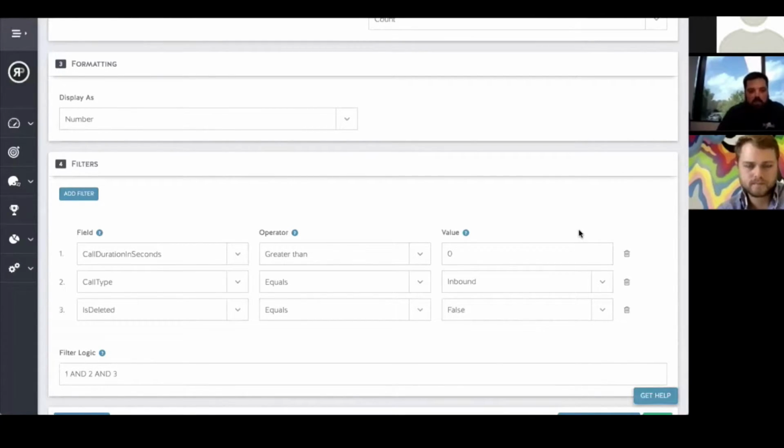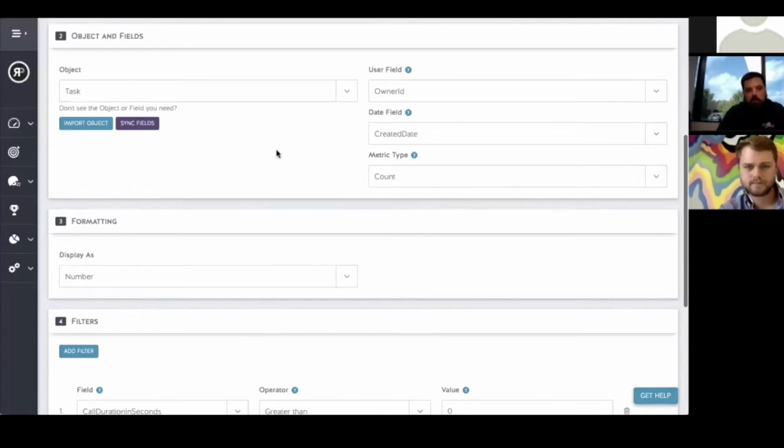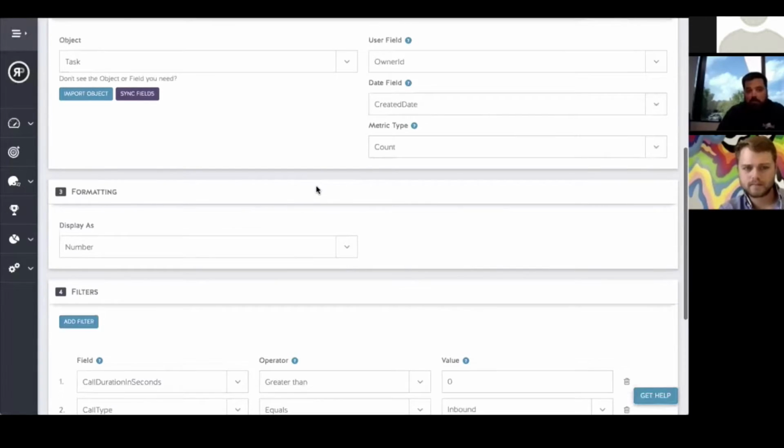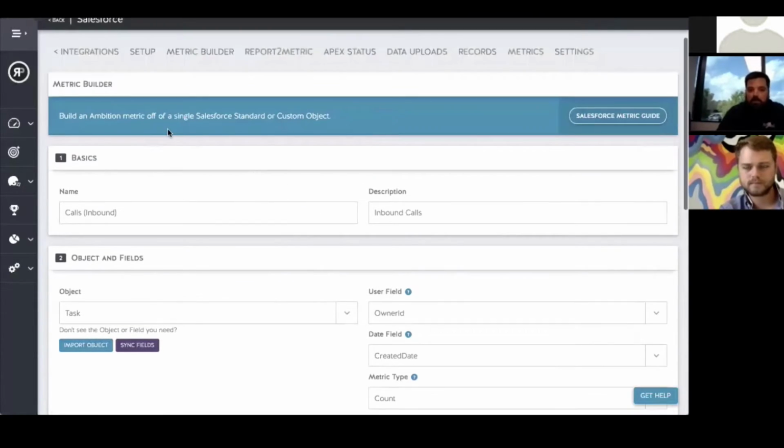According to filter logic, anything that meets all of these 3 criteria will increment that count for that owner for that date whenever a new task is entered. And that's how we capture the inbound calls. We do the same thing for outbound, obviously, with a different filter. We also have one that we broke out for dial lists in particular, because New Voice Media gives us the option of having a dial list field on the task record, so we know that it came off a dial list. So we can say how many outbound calls a rep made, how many inbound calls they made, and of the outbound calls, how many were from the dialer.